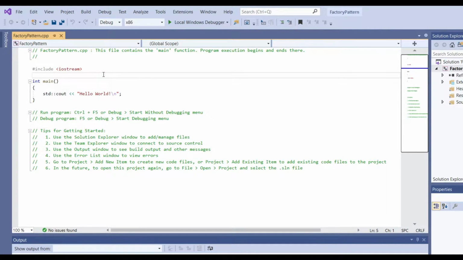I have this simple setup of Visual Studio on Windows 10. It's the latest Visual Studio Community Edition, and I've installed all the different C++ packages so that we can get started. If you don't know how to install this, do let me know down in the comments. Then we can have another video which explains this.